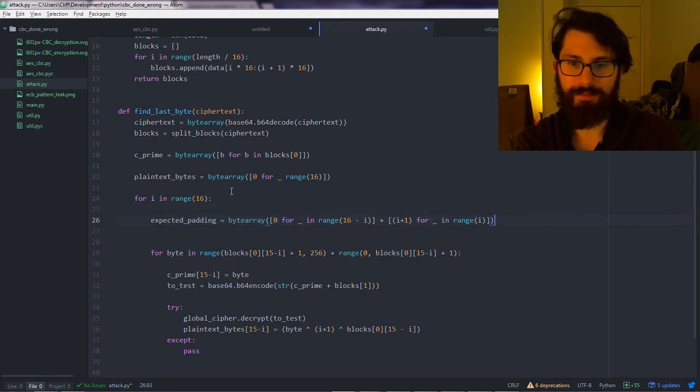It doesn't really matter, but I'm very picky about making this obvious in the code, so that's the way I'm writing it. And now our C prime becomes,